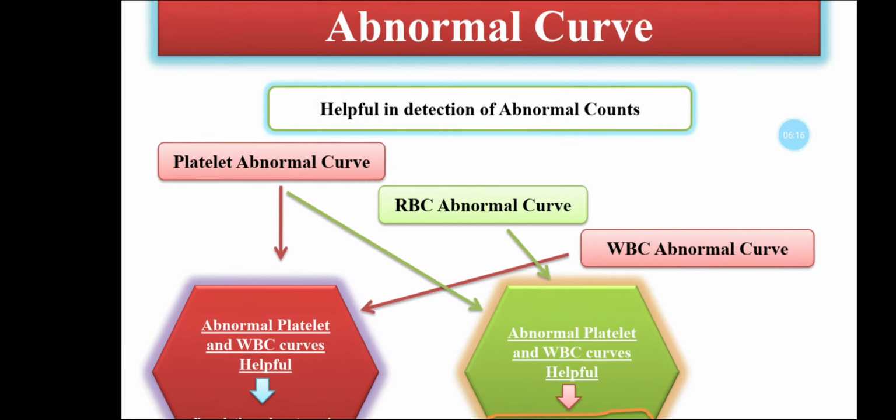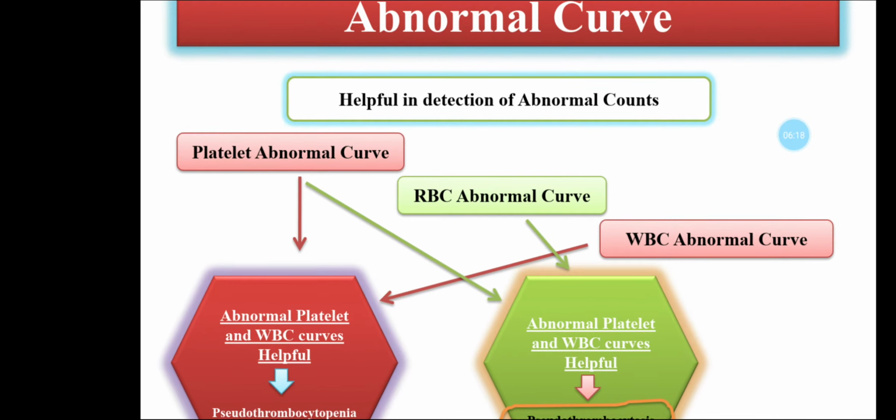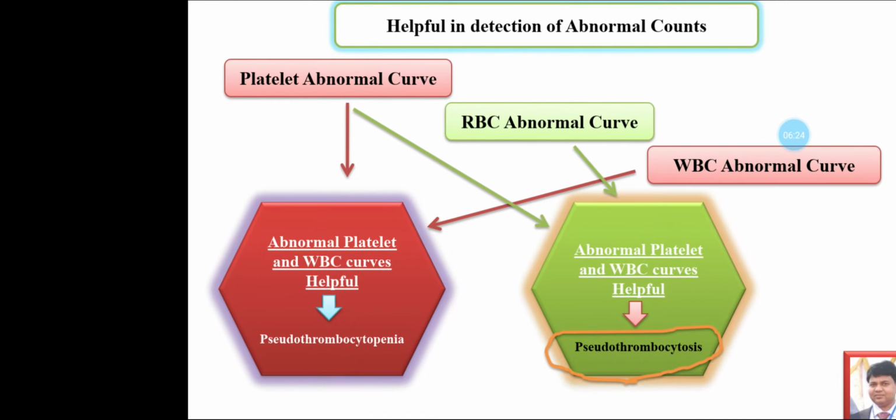If you discuss the abnormal curves, these curves or histograms are helpful in the detection of abnormal counts. If the platelet abnormal curve is seen along with the abnormal WBC curve, we can rule in the cases of pseudothrombocytopenia. So these two curves, the platelet abnormal curve as well as the WBC abnormal curve, will help in the detection of